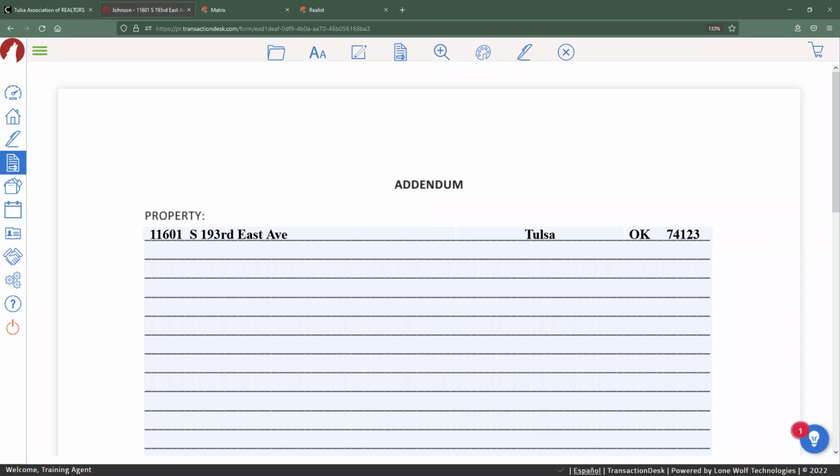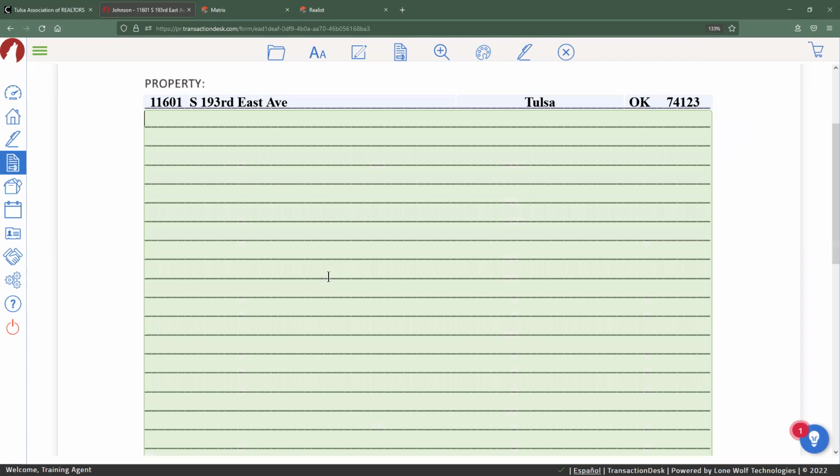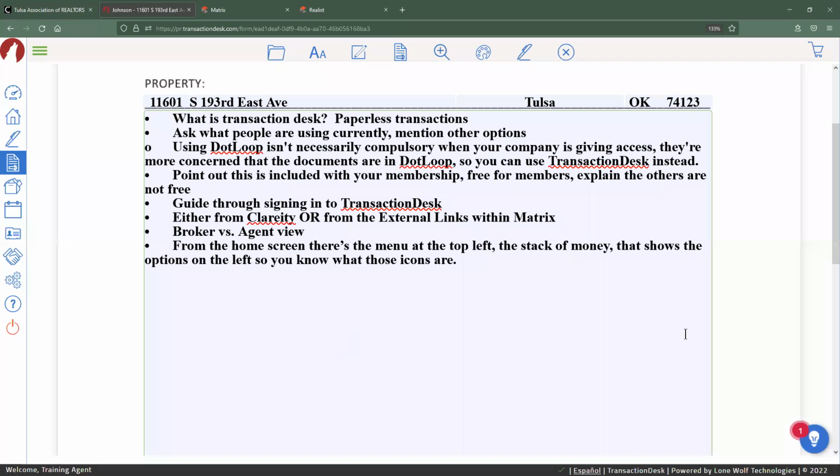Let's say that you are filling this out with some details from a block of text that you built out before. You can just click on that blank area there, paste, and you'll notice that it erases all of the lines from behind it. That way you don't have to worry about going in and erasing those or worry that the lines might not line up properly with the text itself.